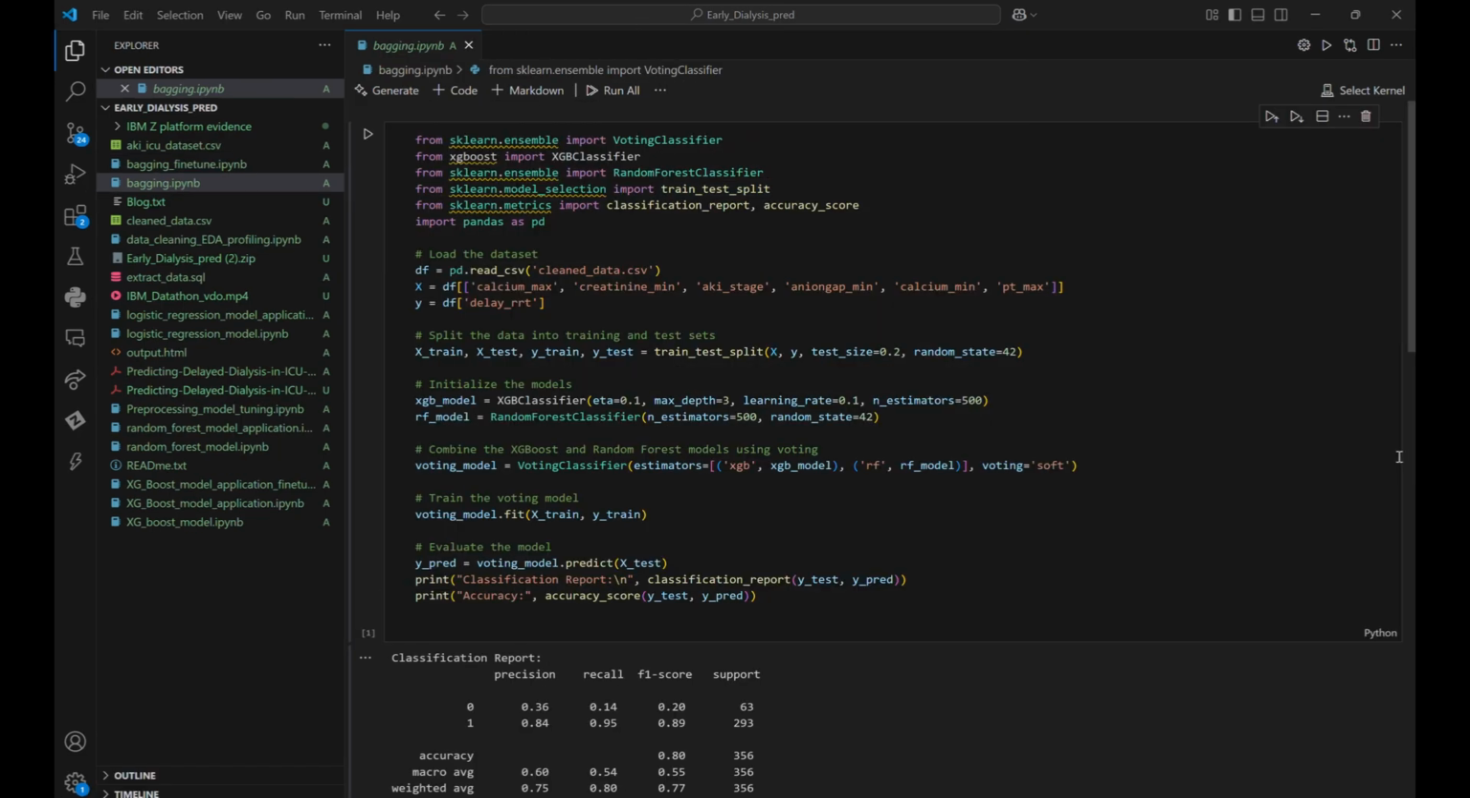Now let's see the bagging model. Here, this bagging model is a bit different from the bagging fine-tune model. Here the packages are also imported the same as the bagging fine-tune model. The steps flow goes on the same as the previous model. Same: loading the dataset, split the data into training and test set, initialize the models, combining the XGBoost and random forest